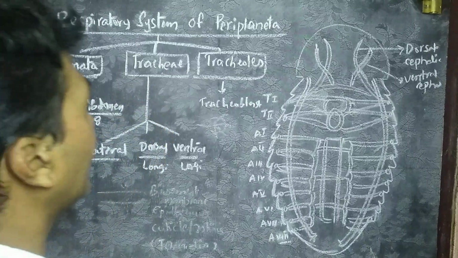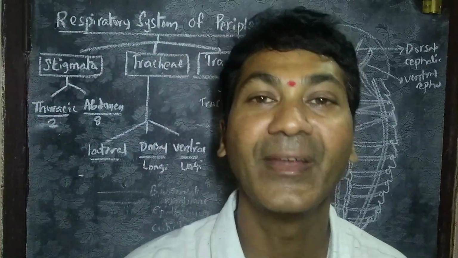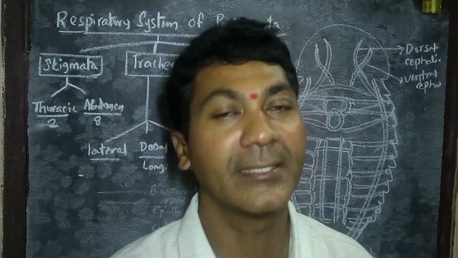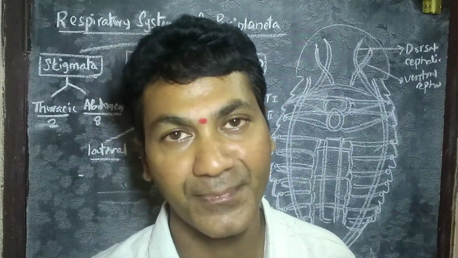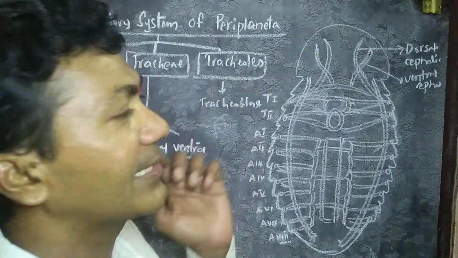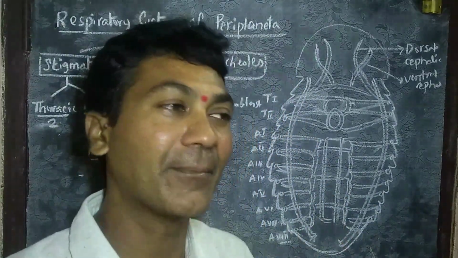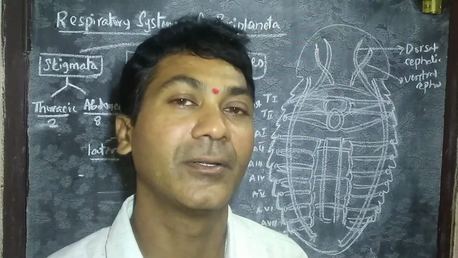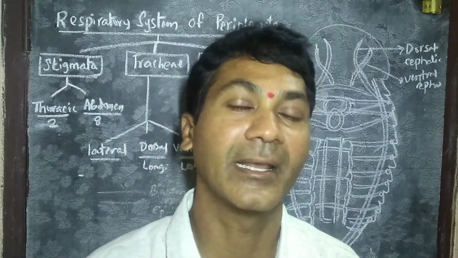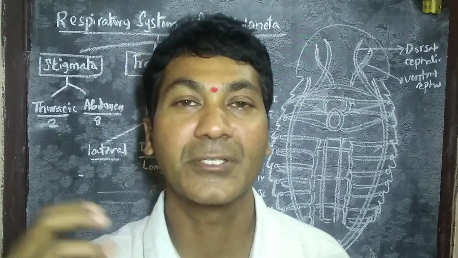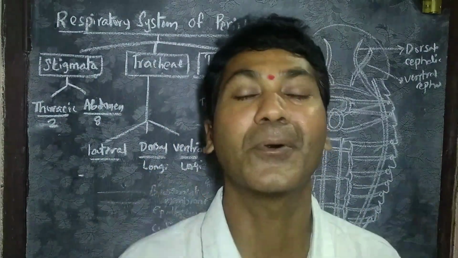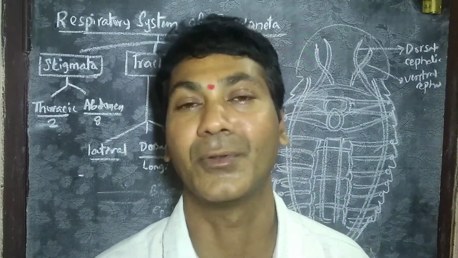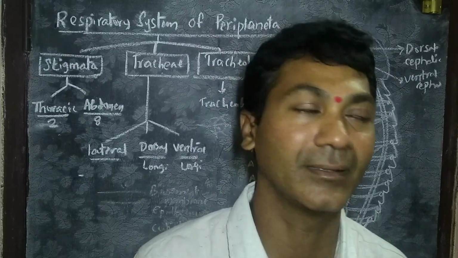And the second one, tracheae. As we have the trachea, the windpipe, in the same way they have tracheae. So the spiracle is connected with tracheae and reaches the tissues. The trachea terminates with the tracheoles, like we have capillaries at the end of blood vessels. So like tiny windpipes or air pipes, known as tracheoles. So spiracles, tracheae and tracheoles are all present in the tracheal system of the cockroach. Let us discuss all these parts.